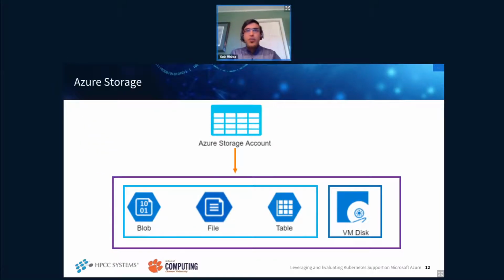A look into how storage is handled in Azure and how it relates to HPCC systems. Azure Storage is a Microsoft managed cloud service that provides storage which is highly available, secure, durable, scalable, and redundant. Each service is accessed through a storage account. An Azure Storage account contains all of your storage data objects like blobs, files, tables, and disks. The storage account also provides a unique namespace for your storage data, which is accessible from anywhere in the world over HTTP or HTTPS. Data is highly durable,